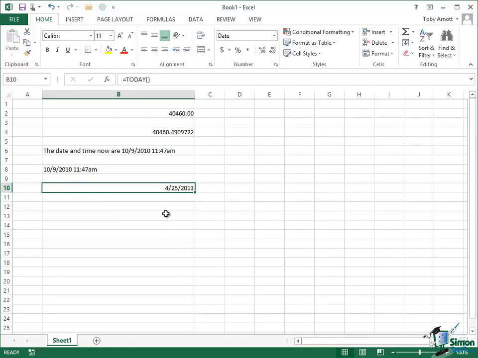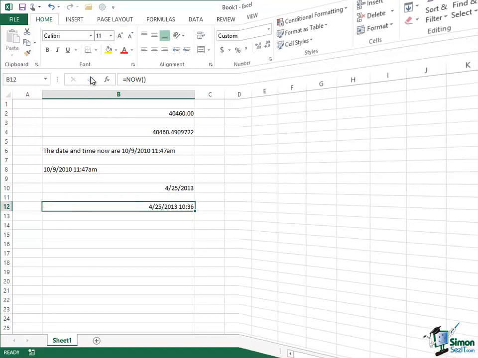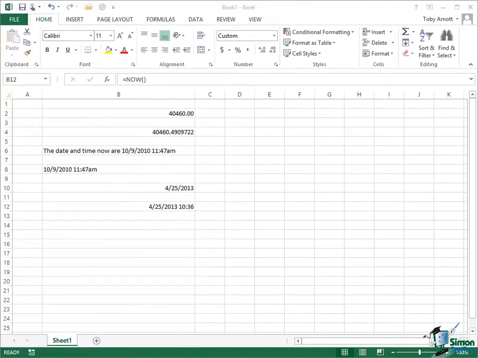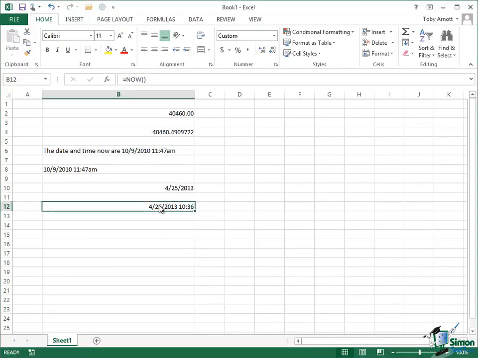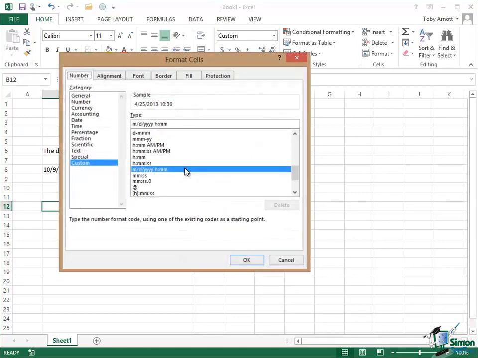That gives the date today, and if I put in now, that gives me the date and time. Now, you should be familiar with the formatting of dates and times, so I'm not going to go over that in detail now, but if I right click on the now value there, go into Format Cells, you have a custom format,